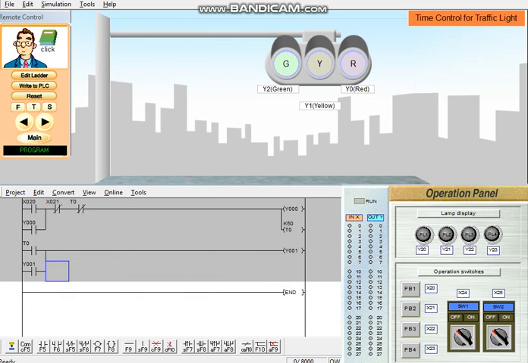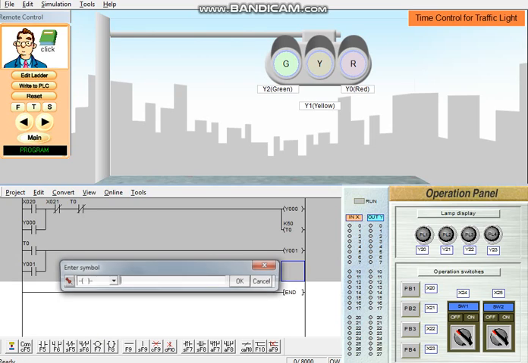Okay, so and then since your assignment also requires 5 seconds for Y1 to emit light, there should be a timer here below Y1. So T1, K50.